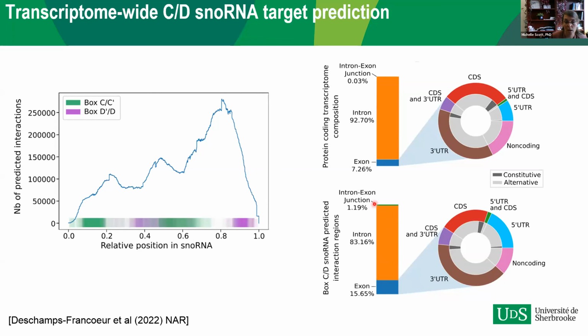And much more so, there's a huge enrichment for binding of snoRNAs on intron-exon or exon-intron junctions. So some snoRNAs seem to have a strong preference for binding on splice junctions. And then if we look specifically at exonic sequences, there's an enrichment for binding on 5' UTRs. And in particular, some snoRNAs seem to have most of their predicted interactions with 5' UTRs. These might be involved in the regulation of translation, but this is just speculation. We haven't started investigating that yet.